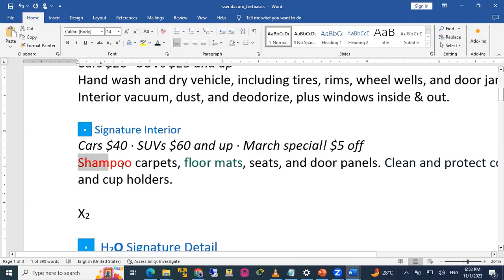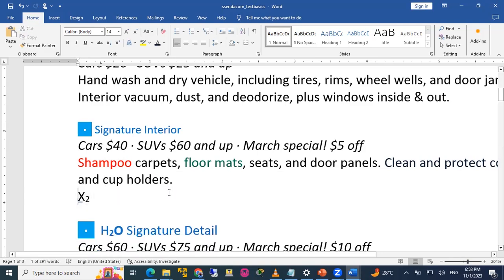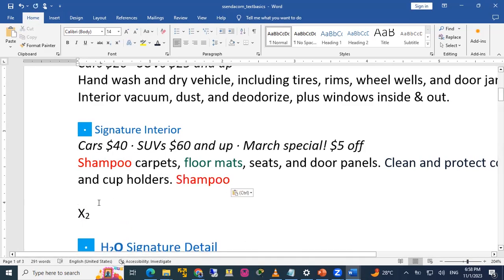So you can copy, Control C, you can paste here, Control V, and you paste. So if I do Control X, it means cut. Control X, I cut it and I put it here. Control V. So this, I have moved the text from what? Down here to the top here.